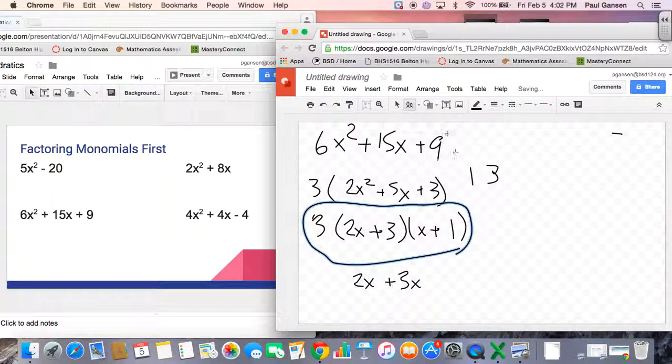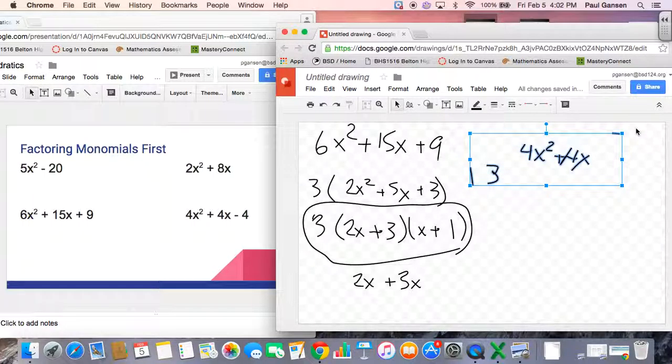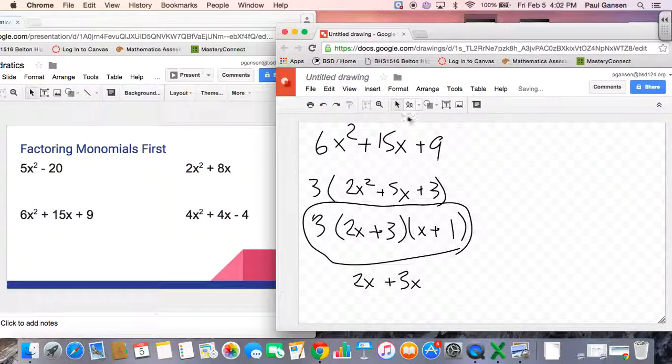All right. Now the last one I think is interesting as well, where we have 4x squared plus 4x. That's coming in poorly. Let's do this. Let's delete those out. Get our squiggly line back. we have 4x squared plus